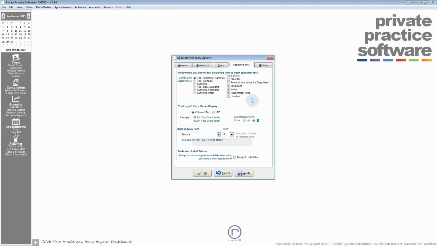So the next tab along we have is appointments. Right at the top, again, you get to choose from a series of checkboxes in terms of what information you want to actually display when you're booking that appointment into the diary. So of course, this is just at a glance. You can access the full appointment details at any time by double-clicking onto any appointment. But if you just want to see these bits of information at a glance, you can choose what you're seeing